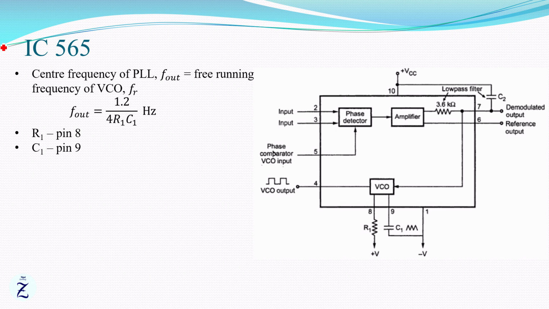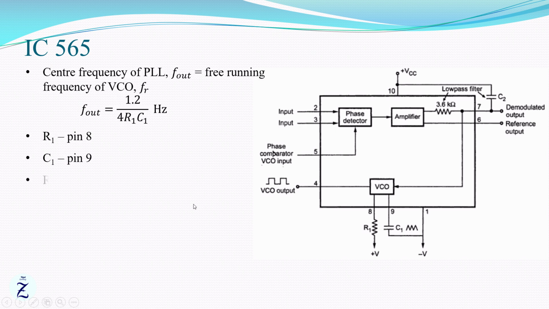The free running frequency f_out of the VCO can be adjusted to be at the center of the input frequency range by controlling the value of R1 and C1. The resistor R1 must have a value between 2 and 20 kilo ohm,